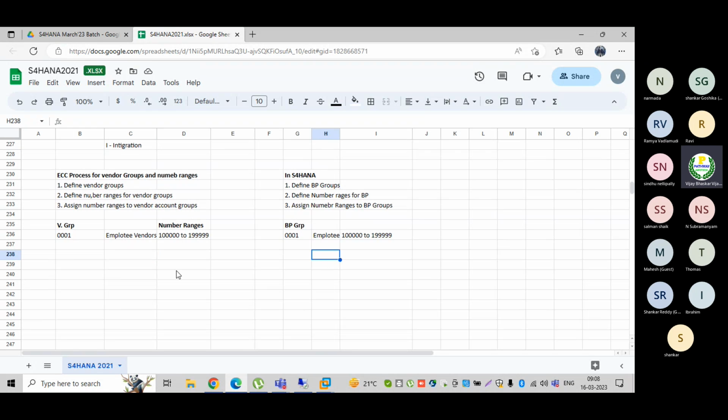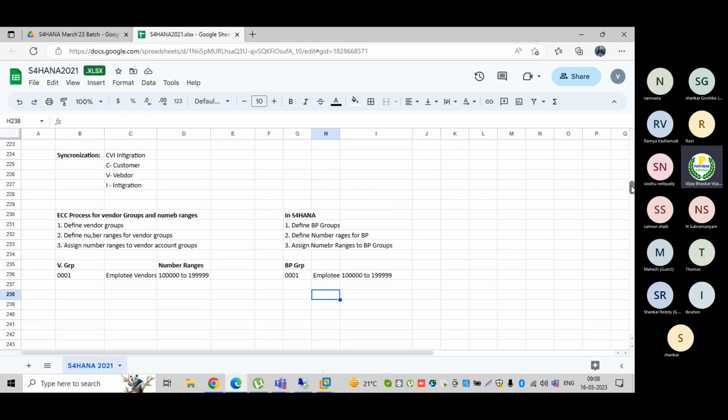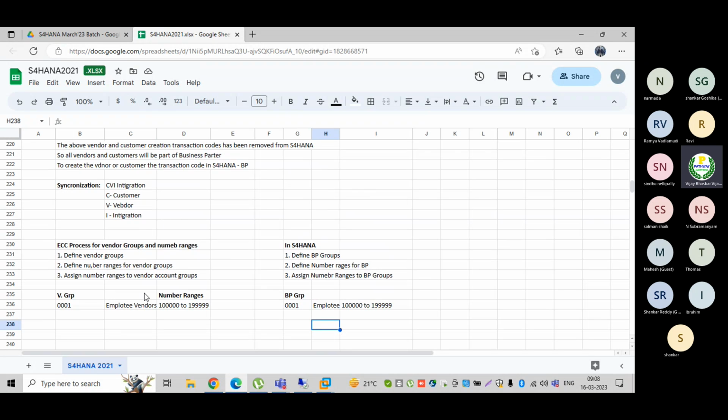In order to integrate these two functions, business partner and vendor, we require a synchronization concept. Here my vendor has a separate group and separate number ranges. Maybe in current S4 practice, the system may not enter the same numbers. Whatever number the vendor has, the same number should be the BP number. This is a universal rule.